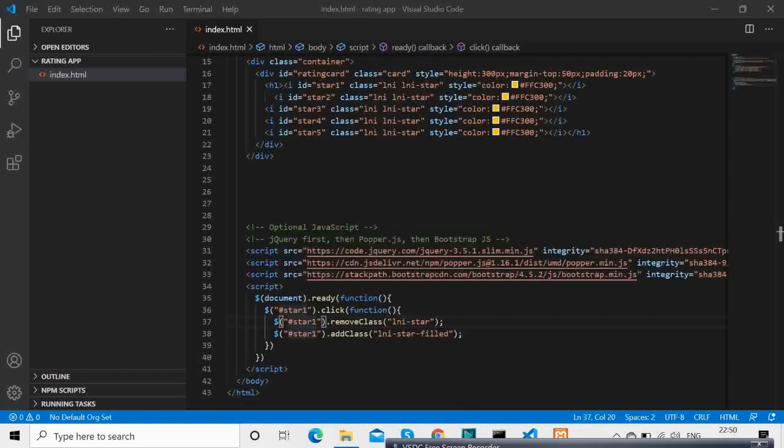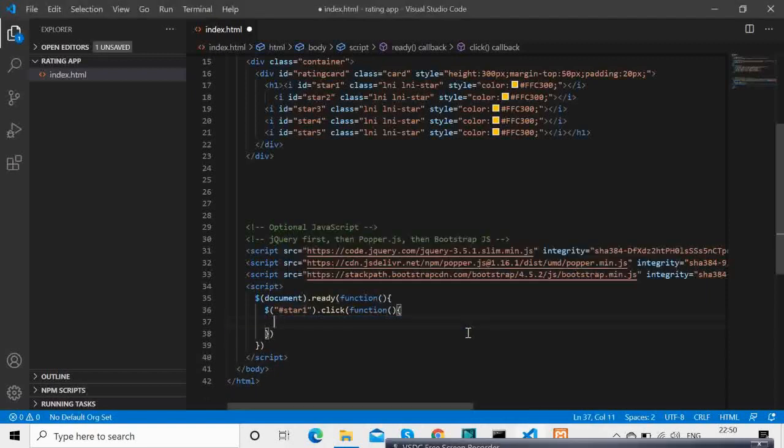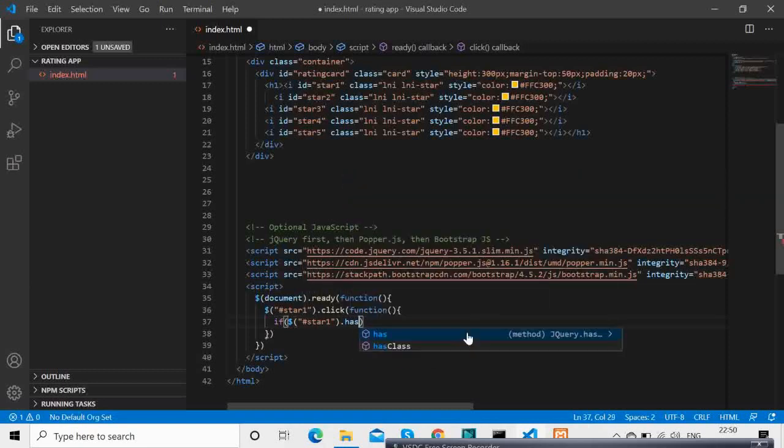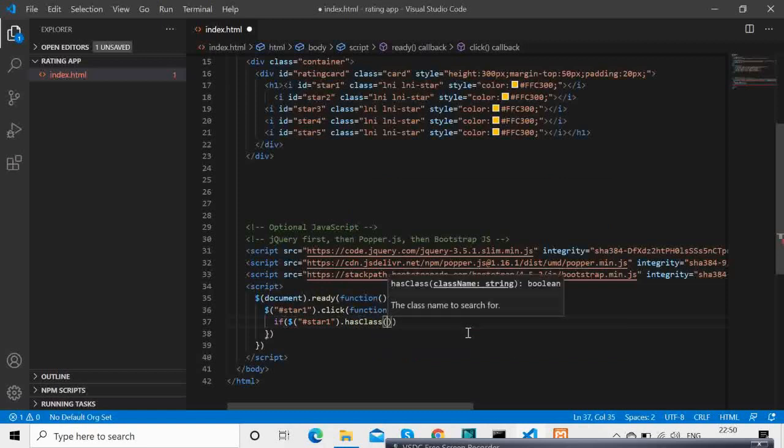So for that I found a function called hasClass. So using hasClass you will be checking that if this star rating, this star has that class called LNI star.